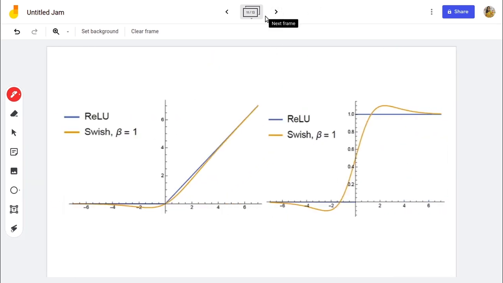If you look here carefully, the blue one is the ReLU function and the orange one is the swish function. It is very close to the ReLU function, so the similarities are uncanny, but if you look here, this point is differentiable for the swish function. This actually helped a lot, and in the ImageNet task it gave an extra 1% of accuracy using this function.